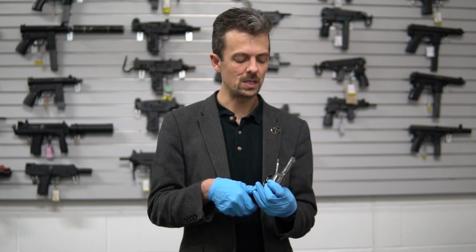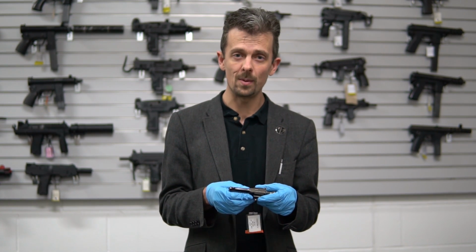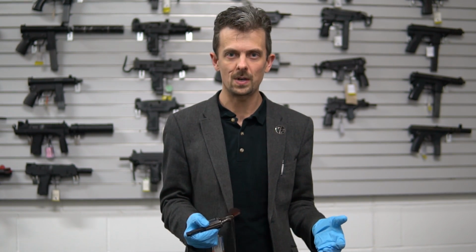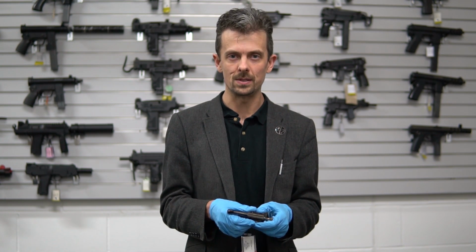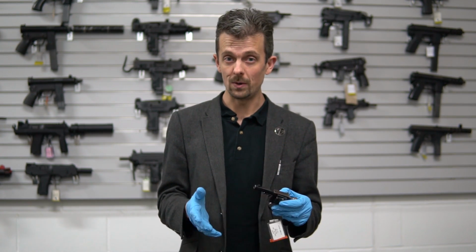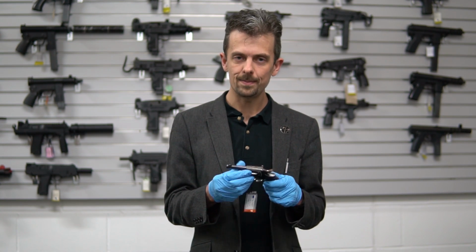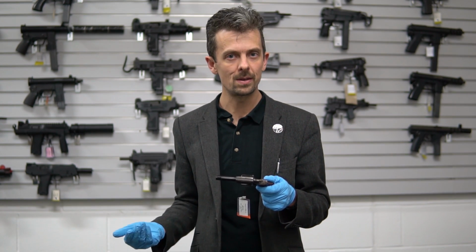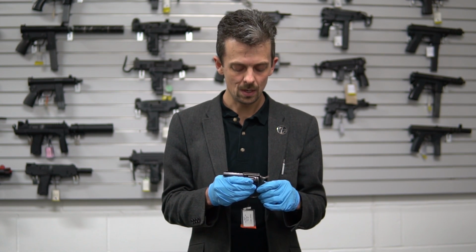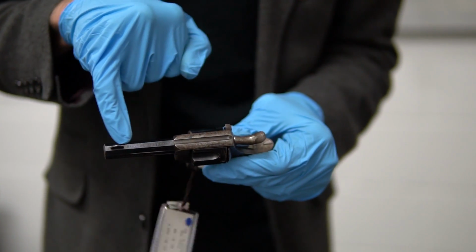this one because it was actually made in Birmingham, and that would not be uncommon. Birmingham was a manufacturing centre for firearms, not even second, it was parallel to London, depending on the period, for gun manufacture. So perfectly plausible that the character in the show would be carrying a Birmingham-made revolver, not a London-made original Webley. So this one is, I'm going to have to read this, we'll look at this in close-up as